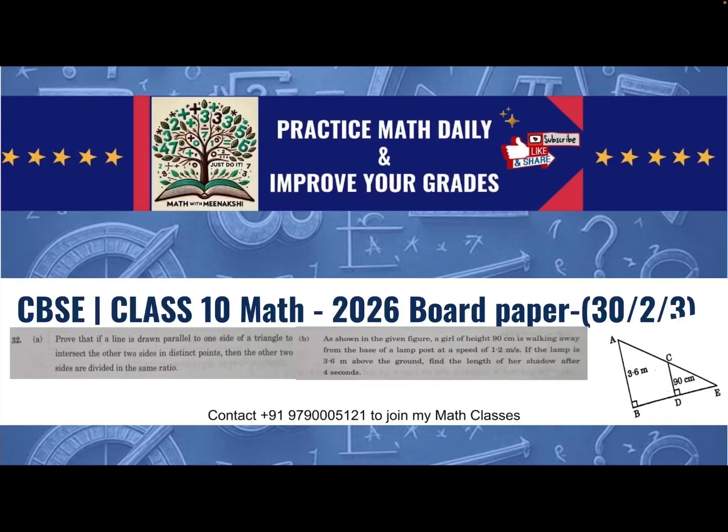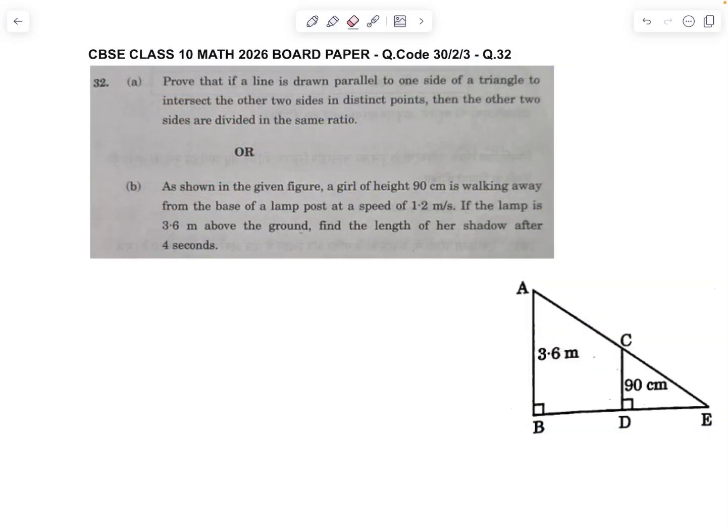Hello all, in this video I'm going to solve question number 32 part A and B from CBSE class 10 standard math 2026 board paper. The question paper code is 30/2/3. The A part of the 32nd question: prove that if a line is drawn parallel to one side of